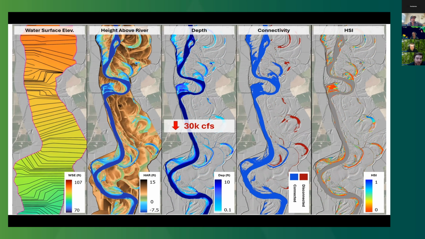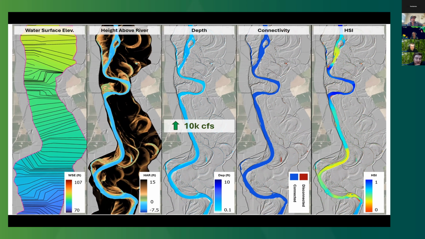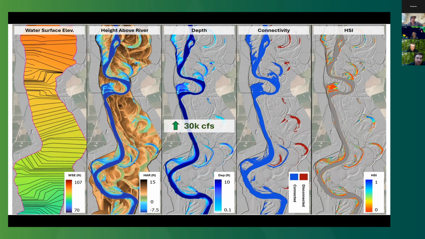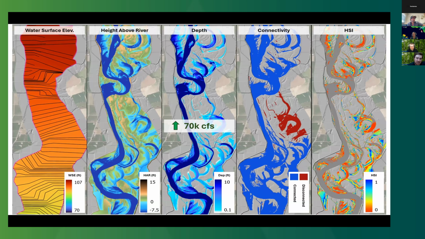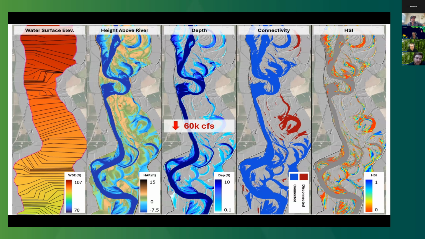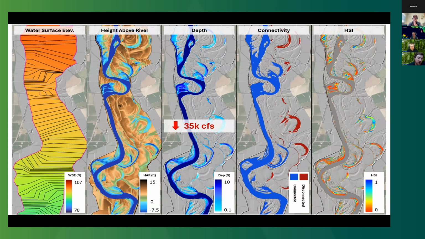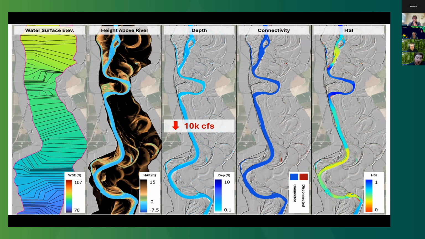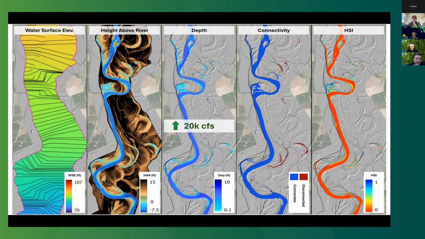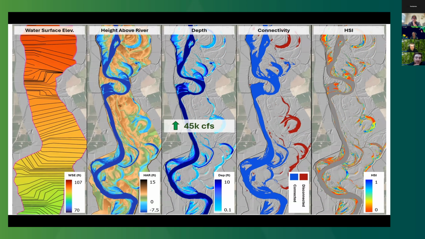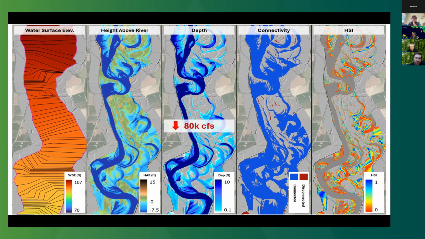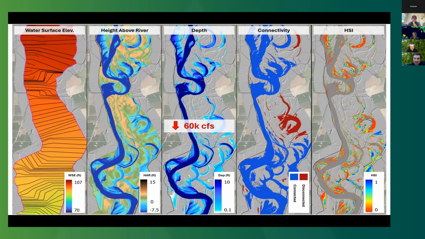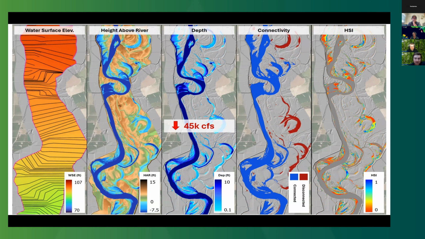Depth is the inverse of height above river, and it becomes a really important determinant for habitat quality that we think about. And then we can also think about the connectivity of that inundation. So in this animation, anything in blue is physically connected to the river corridor at these flows. Anything in red could connect at those flows, but are currently disconnected by high ground. These often light up things like oxbow lakes and historic channels. And we also think about habitat suitability for different species based on depth and season and duration of inundation.